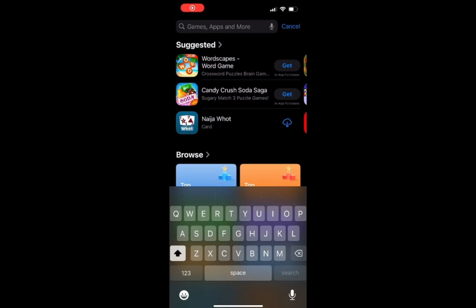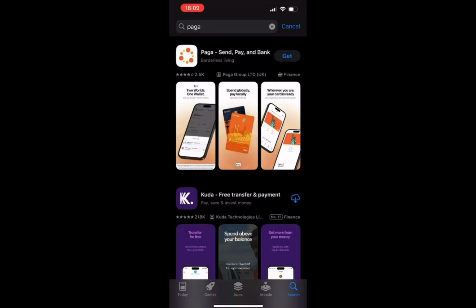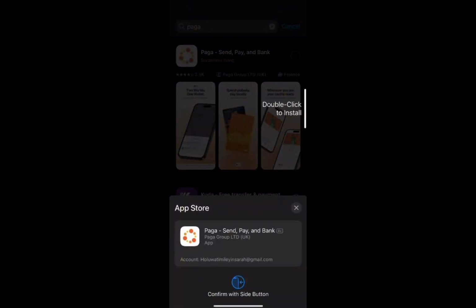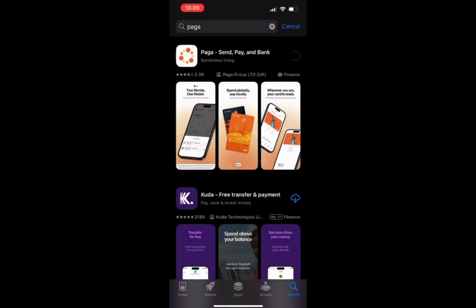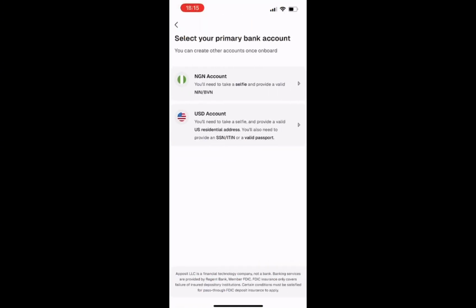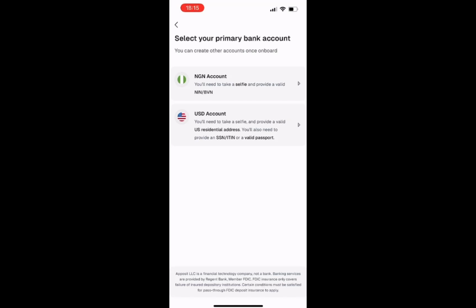The first thing to do is to go to your Play Store or Apple Store, then search for Paga. You are going to download this application because it is the one that we'll be using for our PayPal account. Paga and PayPal have an affiliation, so that is another route that we can use in creating our PayPal account. Once you have successfully installed the Paga application, the next thing is to